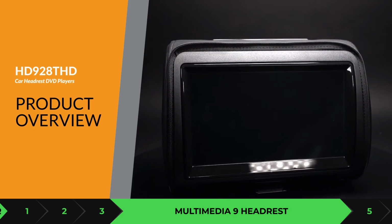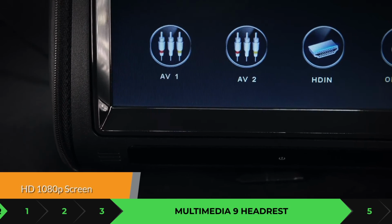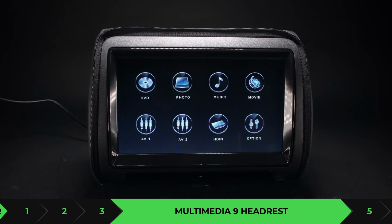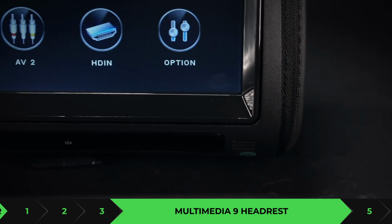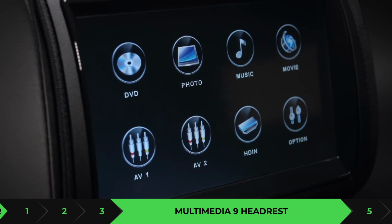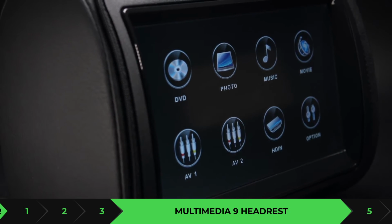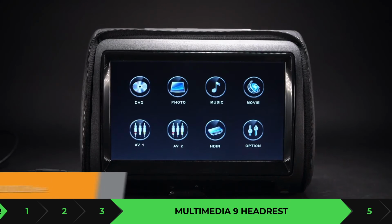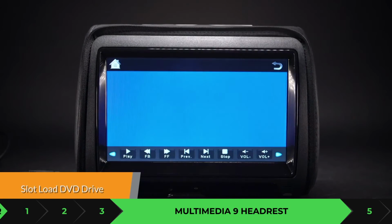This is going to give your car a huge boost, not only if you ever decide to resell it, but a huge boost to whoever decides to hop in the car and join you for that ride. What this device allows you to do is replace the headrest with a nice 9-inch touchscreen display that's going to allow you to transmit anything you want, from a DVD or USB device, an SD card. Basically, any device that you could plug into the device itself will allow you to transmit any visual or multimedia